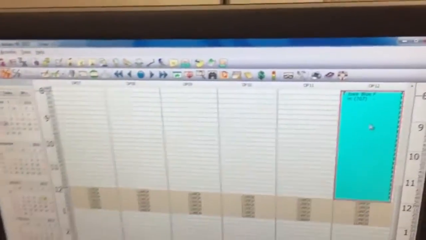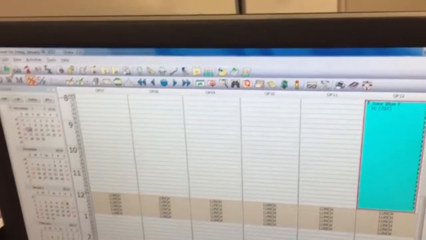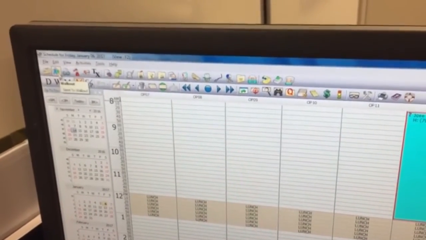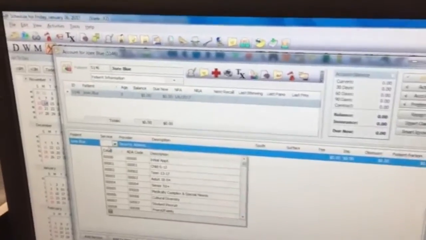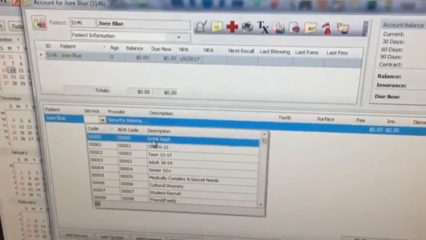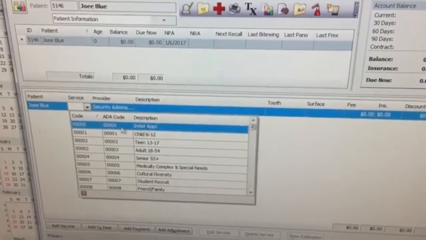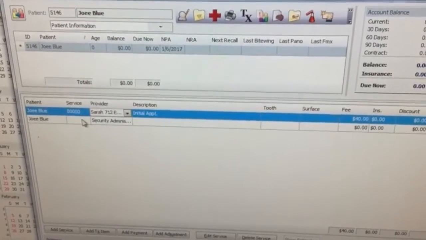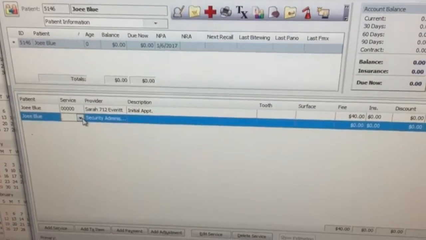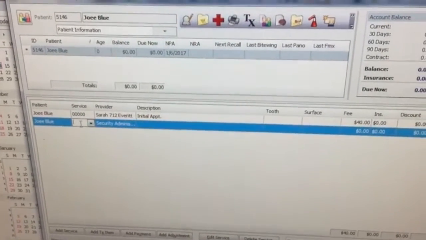I will now show you how to walk out the route slip on the computer using the same information for Joe Blue. So you will highlight the appointment and click on the walkout, which is a little blue man with a green arrow. And then you enter in the number that correlates with what box you checked. So for initial appointment, I'll check that one. My patient was a student recruit, and the number for that is